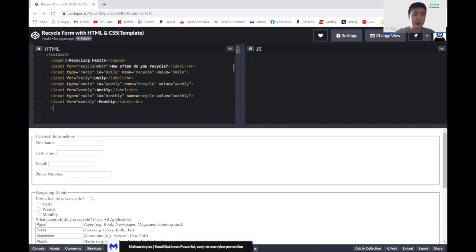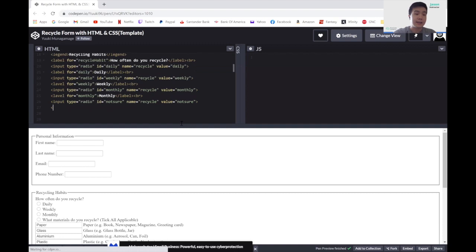The last option is not sure. So here again, we're gonna write input, type of radio. ID, just gonna write not sure. Name is gonna be recycle, and I made a typo up here. The name field should always be a string, so you always need the double quotes around the words. So here name should be, inside the quotes, recycle, and the value should be equal to not sure, same as the ID. And like we have done before,